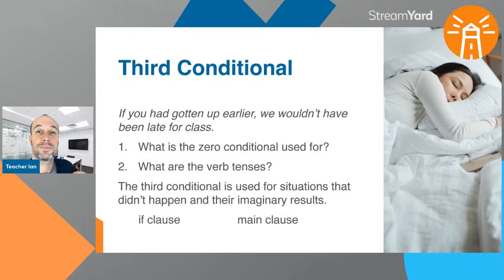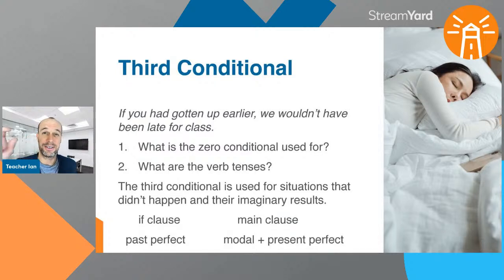Okay. In terms of the grammar, this is a little bit harder to make because it uses the past perfect. In the if clause, had gotten. If you had gotten up earlier, so that we would call the past perfect. And we make it with had and then the past participle, which is gotten. You know, when you started learning English, you learned 3 forms of the verbs: get, got, gotten. The past participle is the third form, the gotten form. So we have to use the past